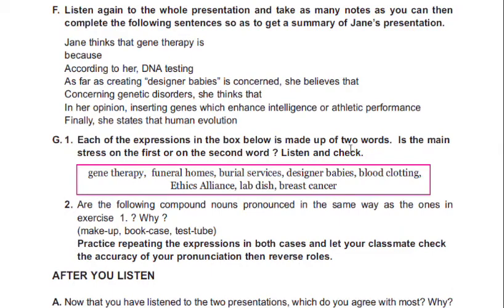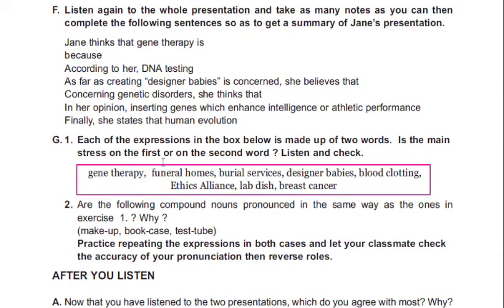That's what we call compound nouns. Compound nouns are nouns made up of two nouns, as in gene, which is a noun, and therapy, which is a noun. Breast is a noun, cancer is a noun. They go together, and these are called compound nouns, but they are not pronounced the same way